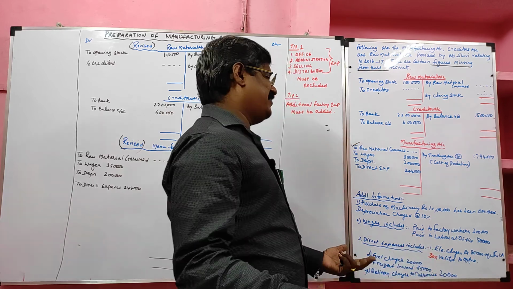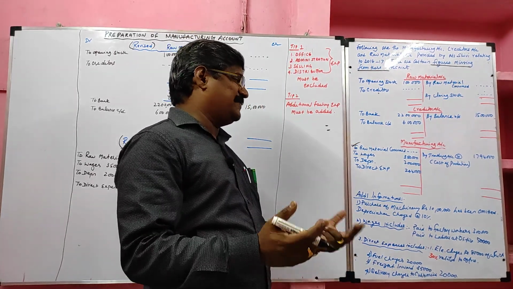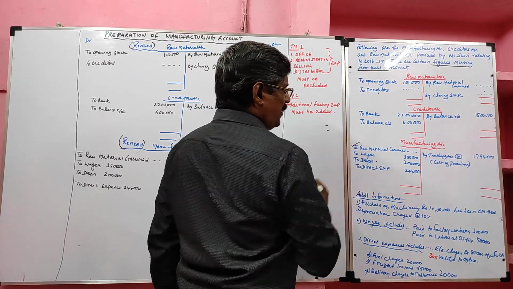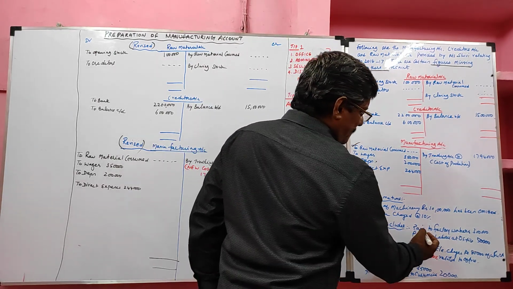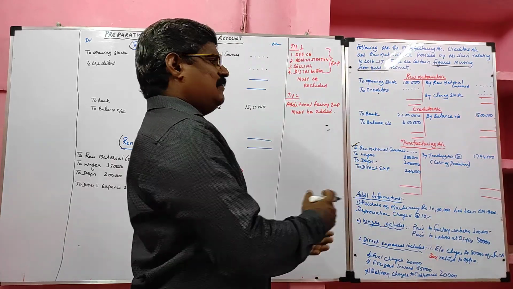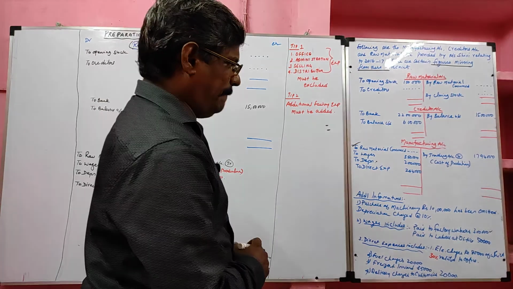So they did not record the machinery value of rupees 10 lakh. So they did not record depreciation also. So we have an adjustment for depreciation. Then wages include those paid to factory workers. That is correct. If we pay wages to factory workers, that must be included in the wages.